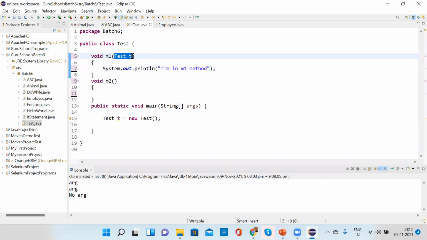So what we are doing here is learning the use of this in different ways. This is the parameter where I'm passing a variable which is of type Test.